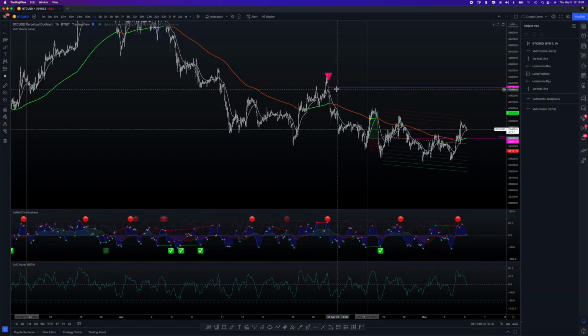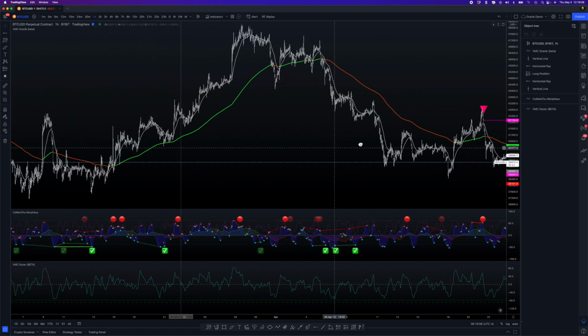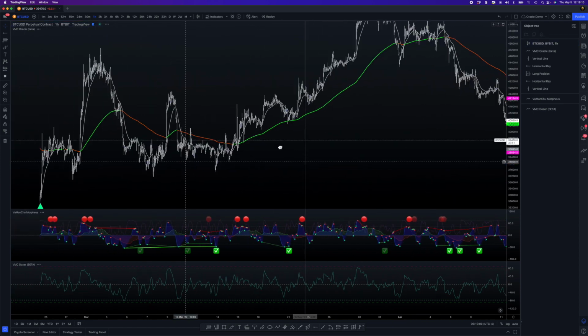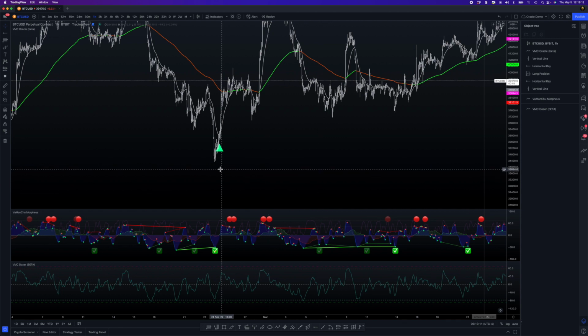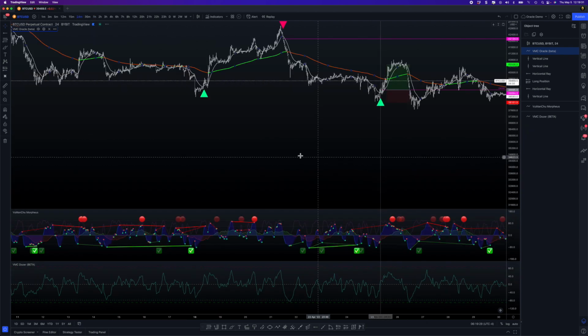So this signal was a short that we got on the 60-minute time frame, a 1 hour time frame. We didn't get another one for a while. So the wait in between these signals is going to be very long, okay? Now in this case, right over here, I'm going to show you something. If I put a vertical line here, go back to the 24-minute time frame, and also select the 24-minute time frame here,